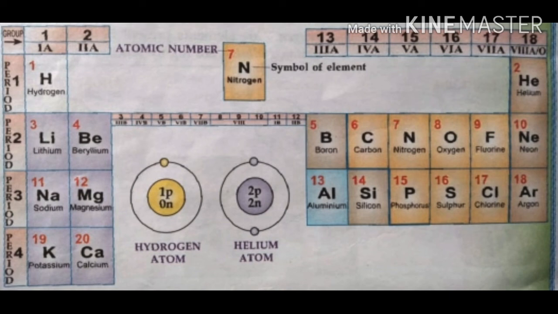The elements of the first and second group, except hydrogen, which is the lightest element known, are all metals, like lithium, beryllium, sodium, magnesium, potassium, calcium. All these are metals. The elements in groups 13 and 14, boron and silicon, are known as metalloids. And the elements which are shown in orange color are all non-metals. And the elements shown in the 18th group, that is helium, neon and argon, are all noble gases.